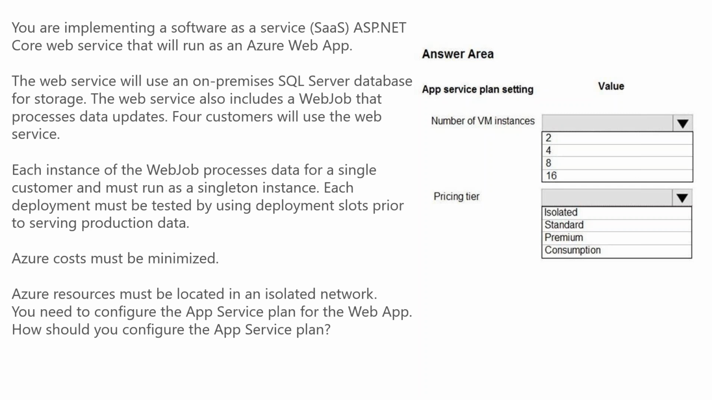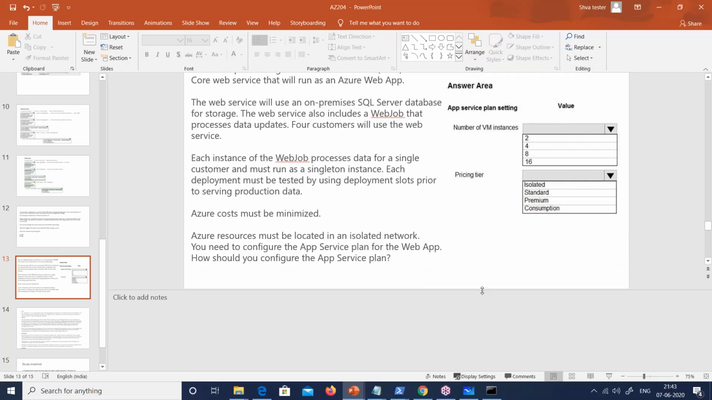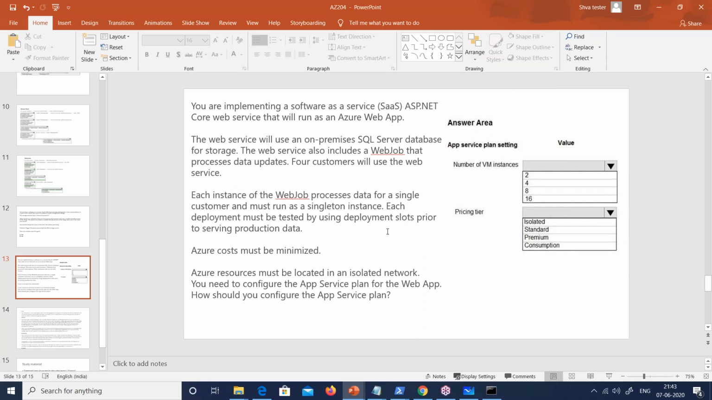The web service also includes a web job. For people who are new to Azure, this web job is nothing but a background process. So there is a web job also which does some updates, right? Four customers will use the web service. Okay, so four customers will use the web service. Okay, so let me go and draw a diagram out there, because sometimes it is too many. So if you see,